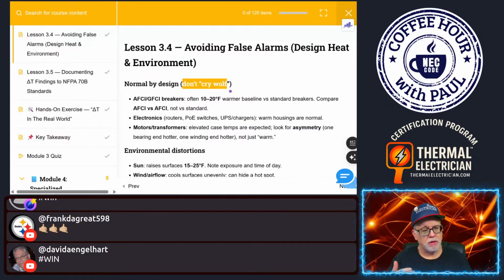And again, maybe you work for a big company and they don't have a thermal program, and you can explain to the company why they can add this. And maybe there are issues. I can tell you right now,